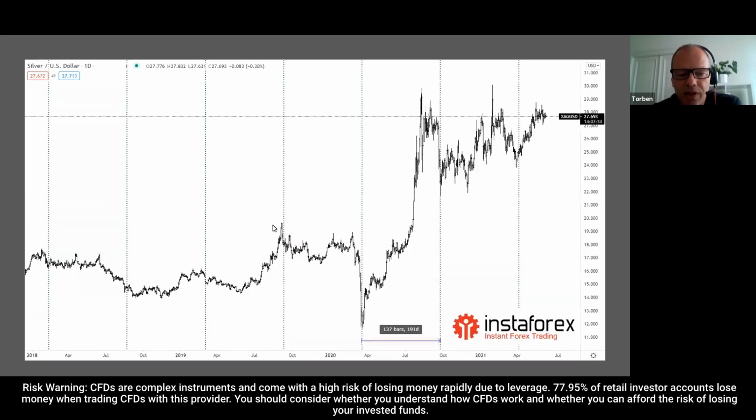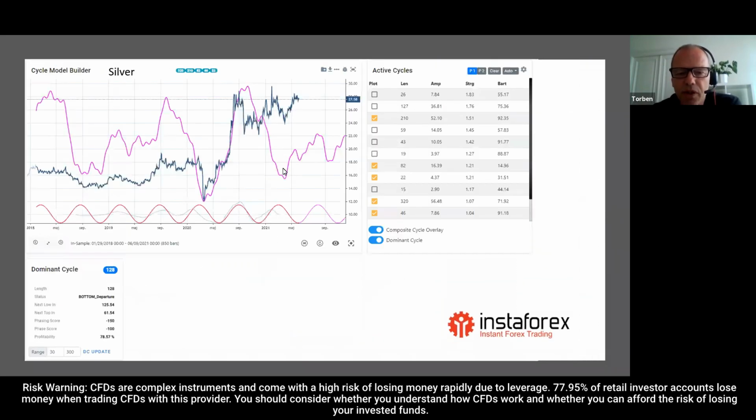If we go back to this one, you can see this too goes into the future, but only for about a month to 2 months ahead, and then it stops and waits for the next one to come. The dominant cycle will continue as the one that I have done. So what I have